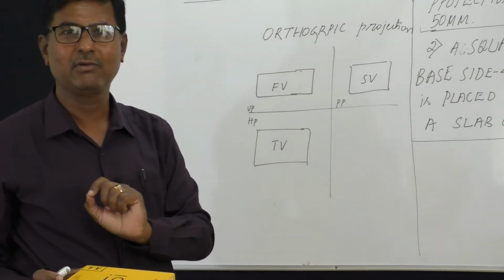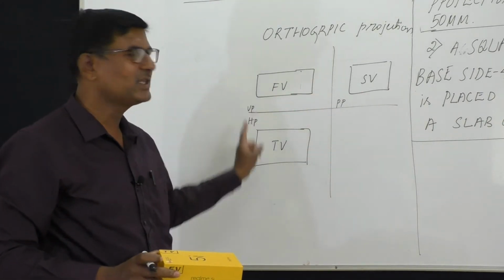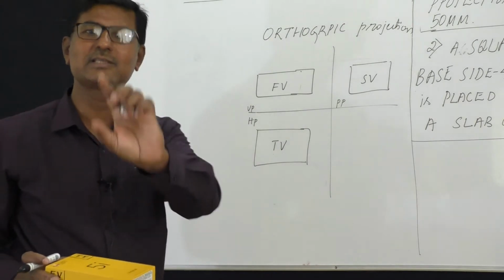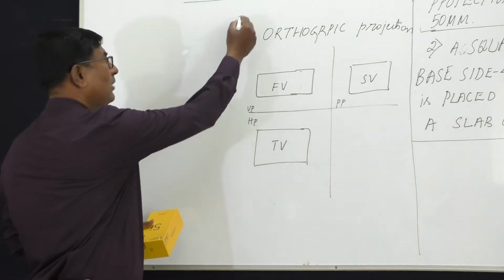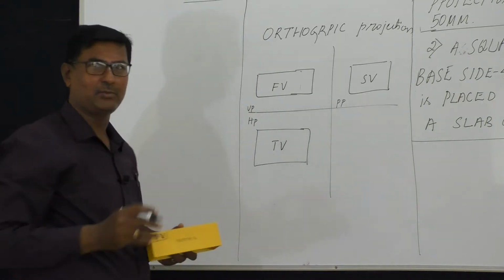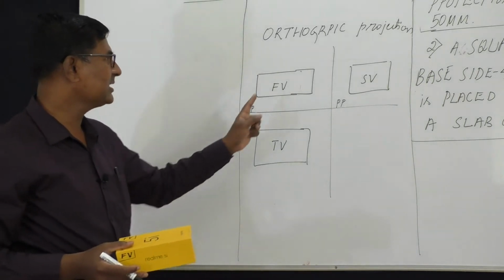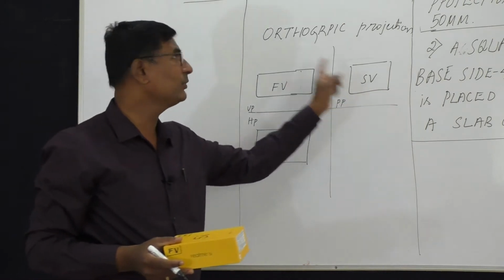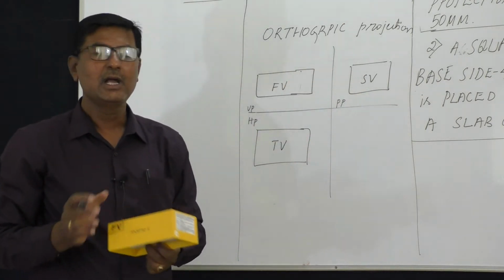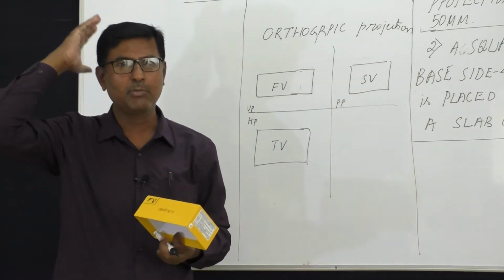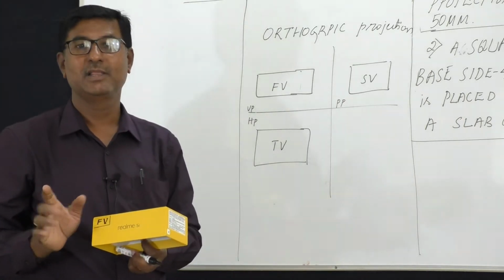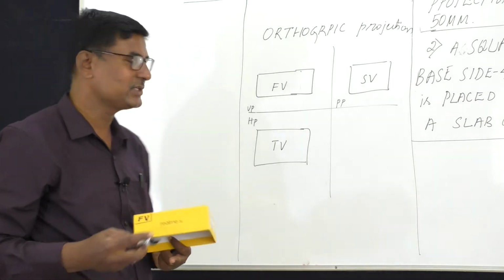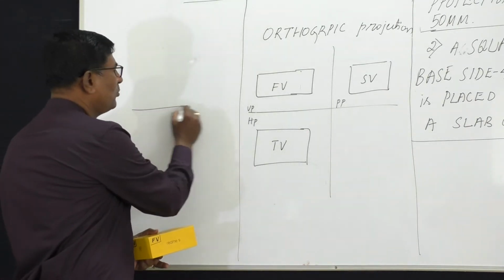But ultimately, the interesting thing is, none of these views clearly tells that this is a box. Now I'll try one. You have to tell me how comfortable you are. See, what I am saying is, the front view, top view and side view in orthographic projection are separate. All these three views are combined in your mind in order to understand that this is a box. Now I'll make one attempt wherein you will tell me how comfortable you are.